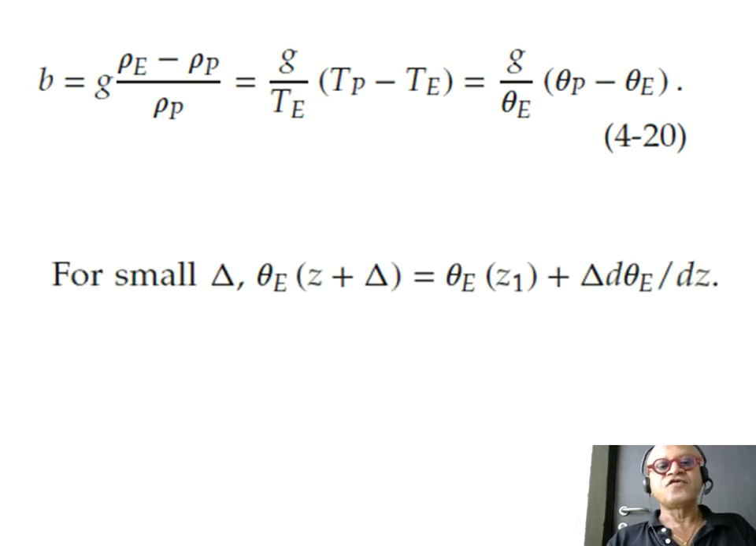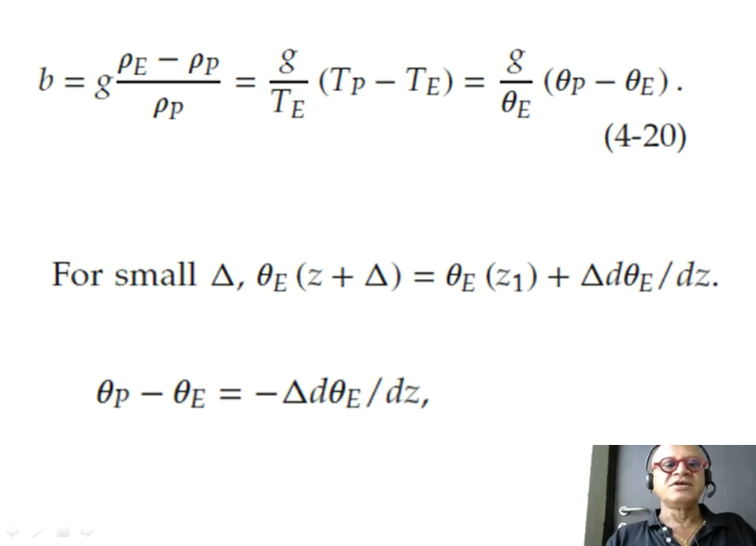Okay, so for small delta, theta E at Z plus delta is going to be theta E at Z1 plus delta, the height change, times d theta E dz. You know where we are going with this, right? So theta P minus theta E is delta times d theta E dz, because theta P is the parcel and theta E is the environment,